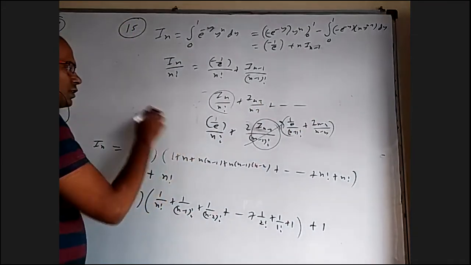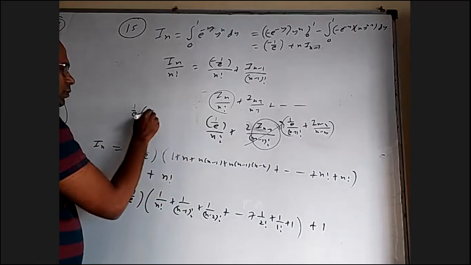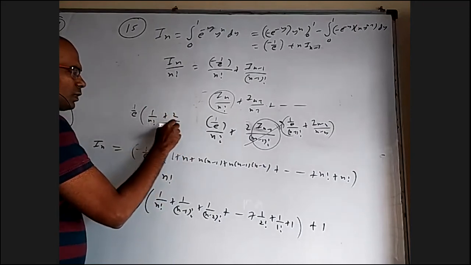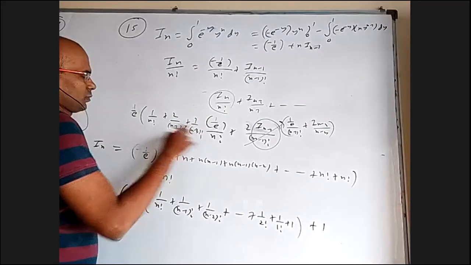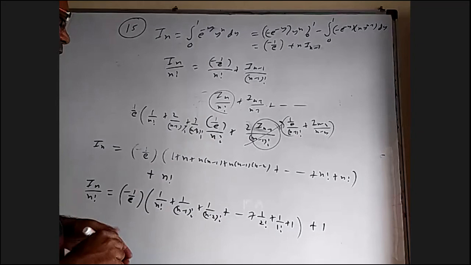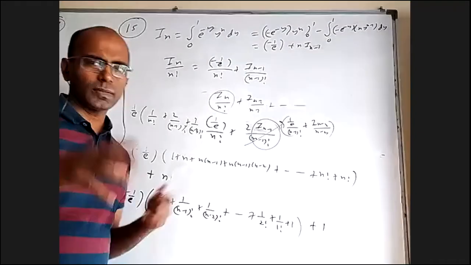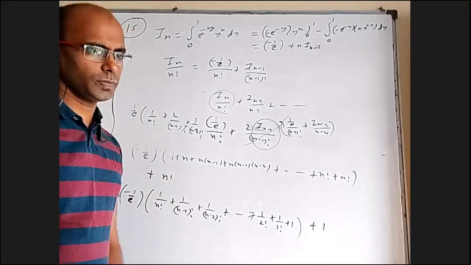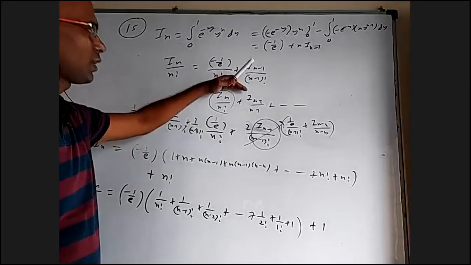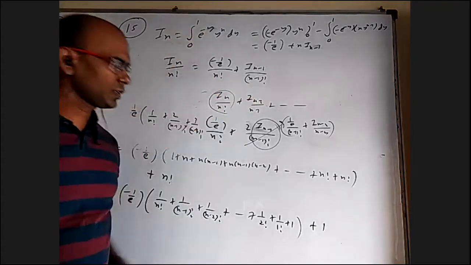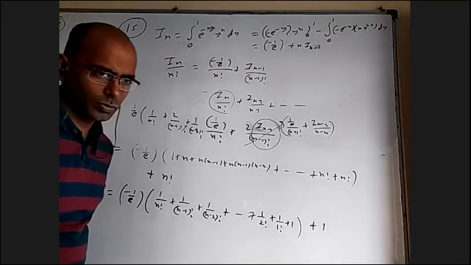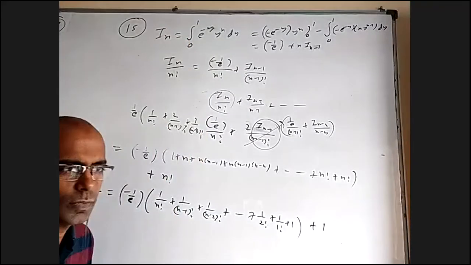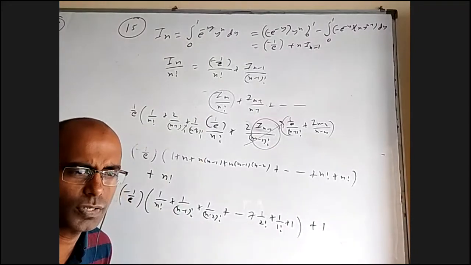So we are going to get here 1 by e common, 1 by n factorial, 2 by n minus 1 factorial, later on 3 by n minus 2 factorial. I don't know how we are going to simplify. You can do it if required. Okay, we are not getting anything tangible where we can write a nice solution. Even though we are able to find one relation by the reduction formula, we have to think too much further to do it. But the first method that I said is quite easier. So we're not going to proceed further with this.